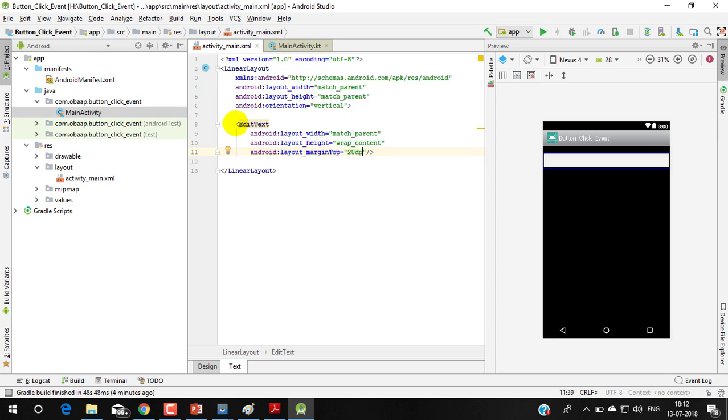Margin is from outside of the component and padding is inside the component. So if we want to give space inside the component, then we have to use padding. If we want to give space outside of the component, as you can see here, we have given the space outside of the component, so we have to use the margin. Okay,